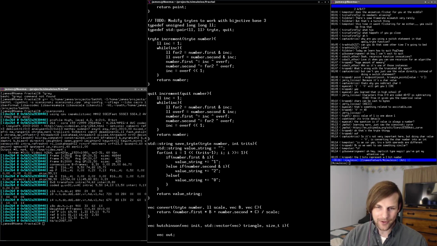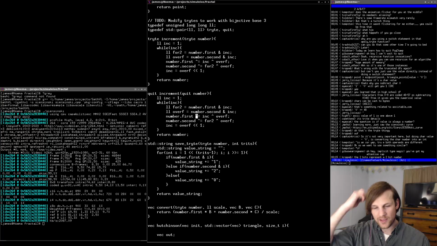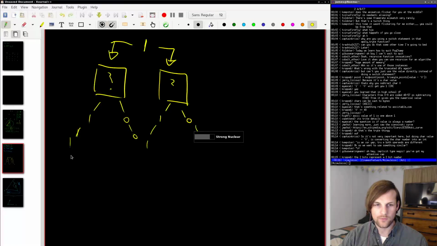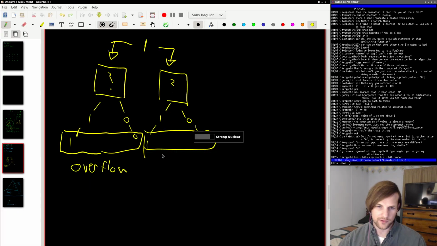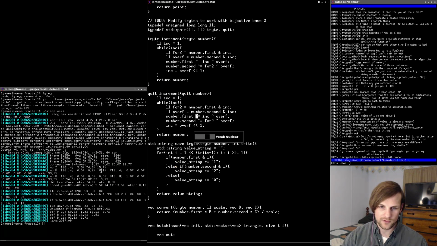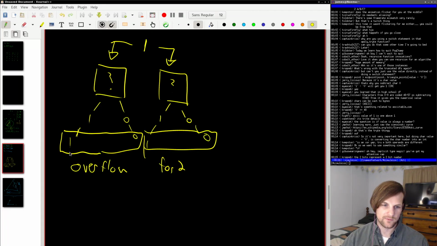Okay, so now the next one says, number.first is going to be equal to the increment raised to the overflow. So this is going to give us our overflow value, and it's going to be either 0 or 1. And this is going to give us our, what is it called, 4-2 value. Okay? So now what we're going to do is we're going to XOR this guy. So now we have our overflow and our 4-2. And the idea is we're going to say number.first is going to be increment raised to the overflow. So that means increment plus overflow. So if this is